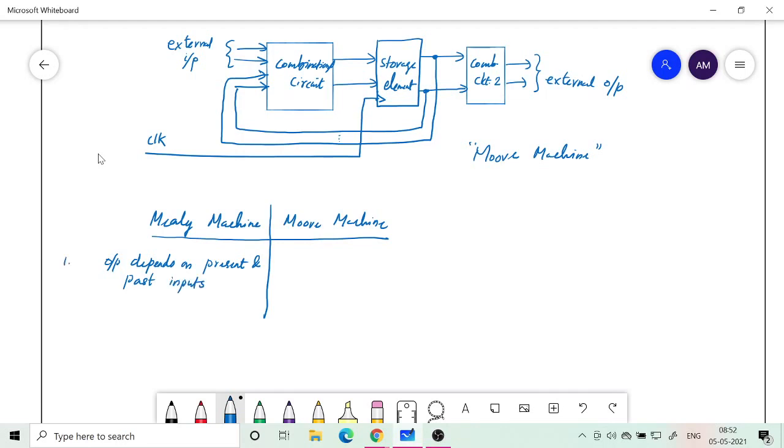Here, in the Moore machine, the output depends only on past inputs. Okay, and number two,